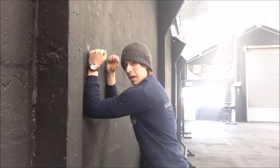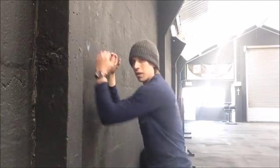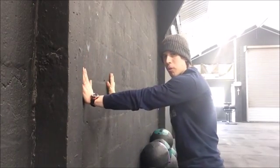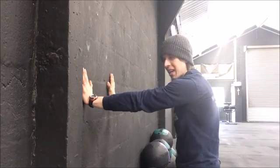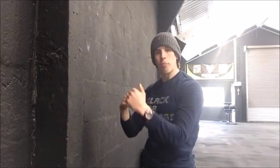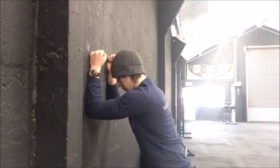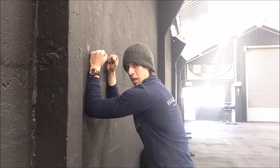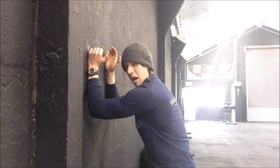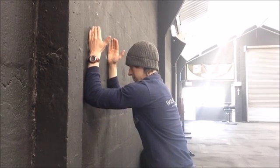So once I'm here, what I want to do is engage, pre-activate that serratus by pushing away from the wall. If any of you have done that scap push-up before, exercise like this, we're basically doing the same thing. It's just in a bent elbow position, rather than straight elbow. So push away from the wall, get yourself a little bit of that upper back rounding, and then what I'm going to do